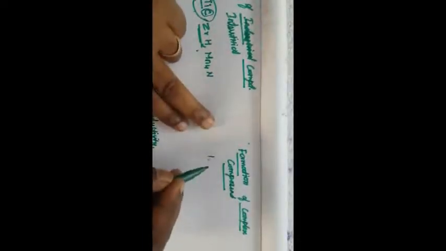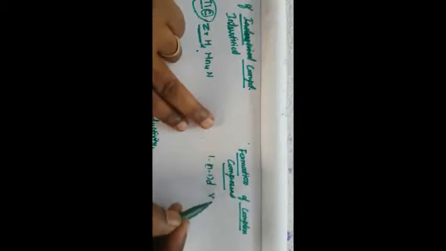Why do they form complex compounds? Because of the n-1 d vacant orbital, they form a coordination compound with the ability to donate a pair of electrons to make a coordinate covalent bond. Because of this vacant d orbital, a pair of electrons is donated to make the bond formation. Due to this property, transition metals form complex compounds.